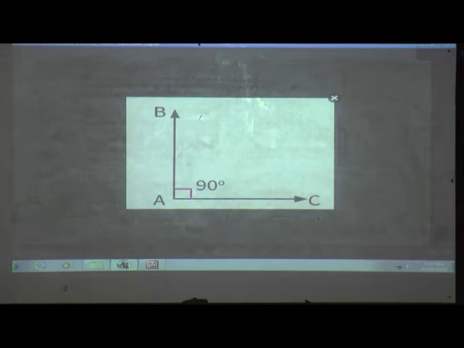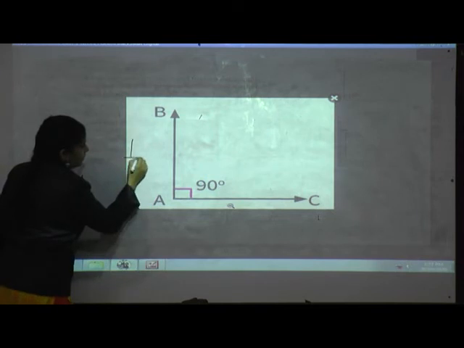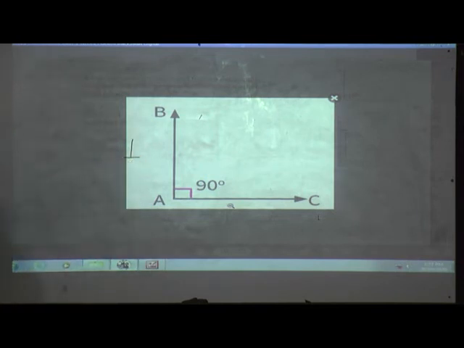AB is perpendicular to AC, and this is the perpendicular sign. AB is perpendicular to AC. That means lines that are at right angles to each other are said to be perpendicular. Now next point,